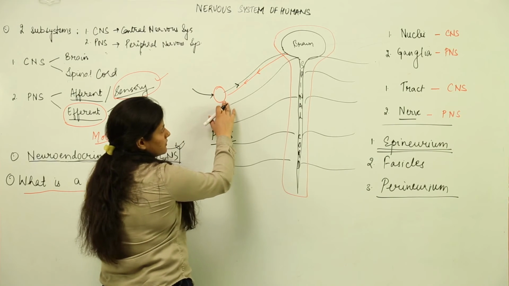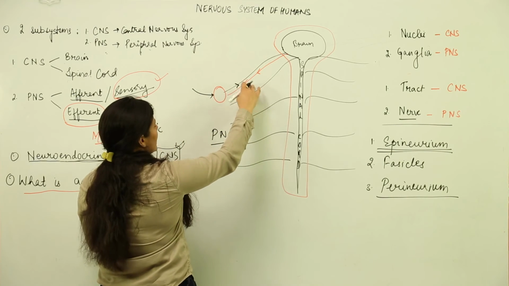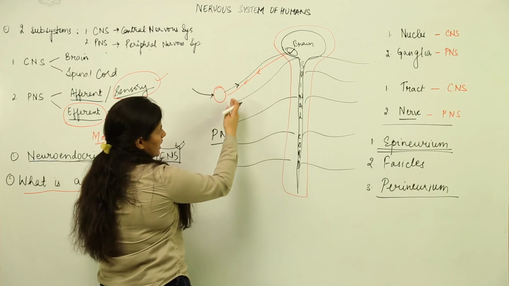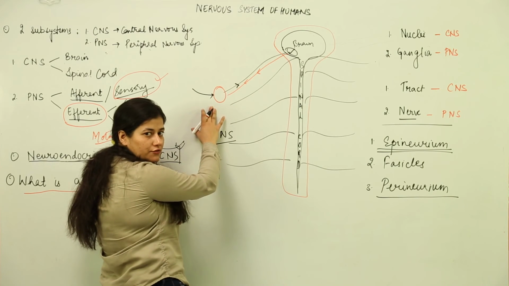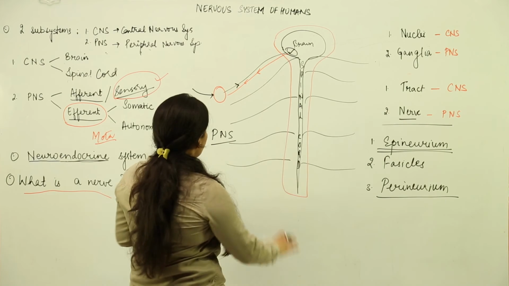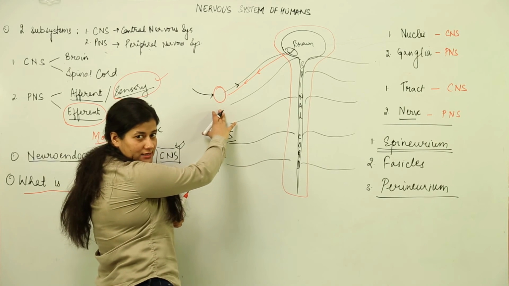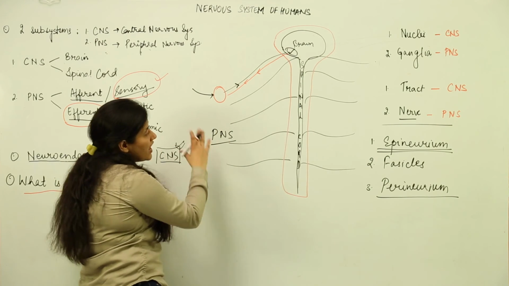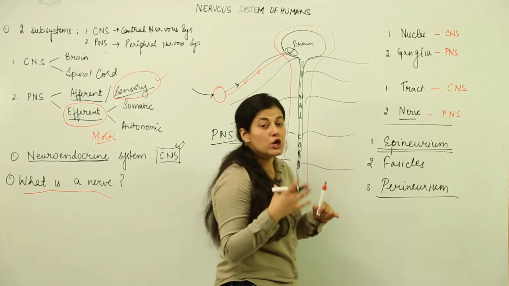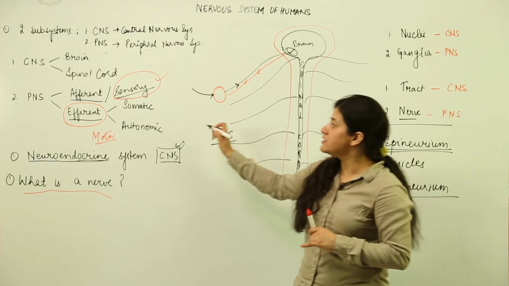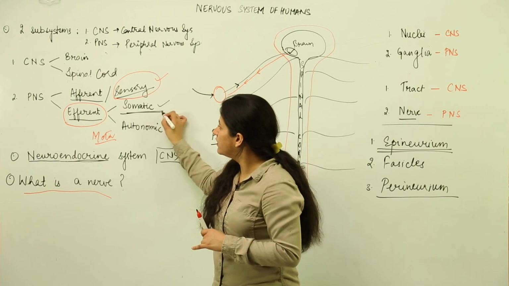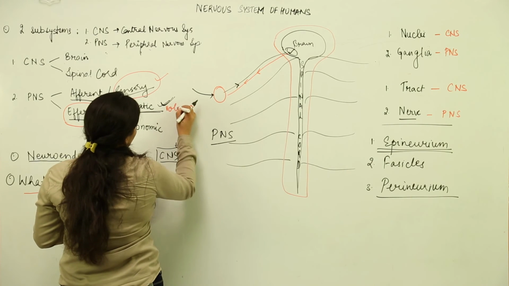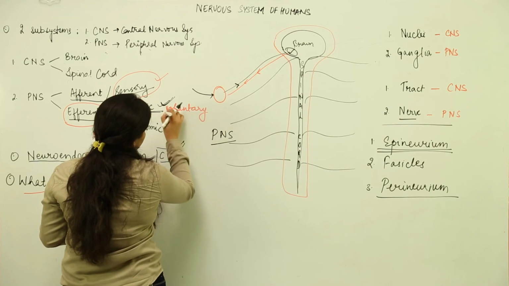So the stimulus is taken up by the sensory nerves, that is the afferent nerves, and gets processed in the brain, from where the information comes towards the main organ in the form of a response by motor neurons. Now this is a voluntary reaction that has taken place. You want it or you do not want it. So whichever part of the peripheral nervous system innervates those parts of your body which are under voluntary control is known as the somatic peripheral nervous system, or the other name for this is the voluntary nervous system, voluntary PNS we are talking about.